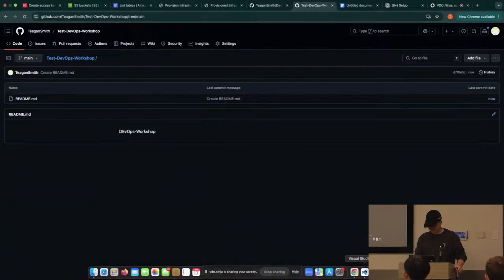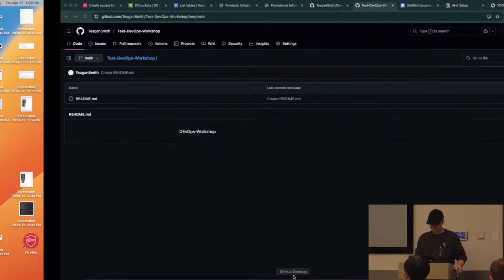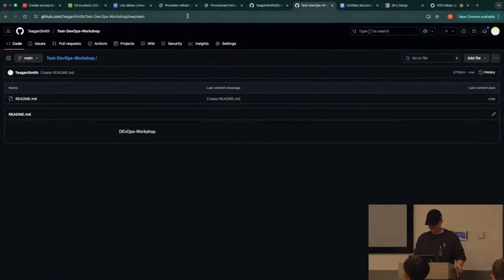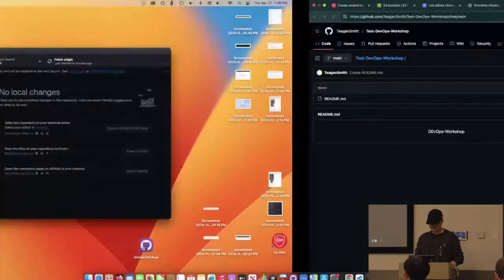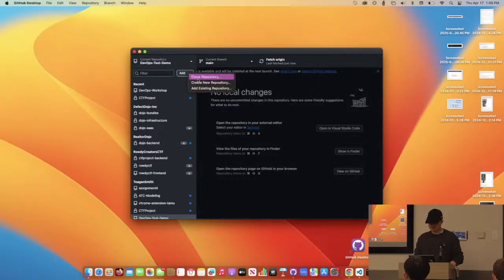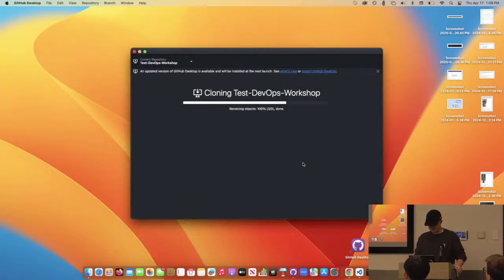Okay, perfect. I use GitHub Desktop. You can flame me for it if you like, but it makes my life easier. I will say that if you want to get into DevOps, it's very good to know the command line, because in a lot of places you can't really use GitHub Desktop, especially when you're working within virtual machines. But for now, we're going to clone that repository over so we can actually start working with it.